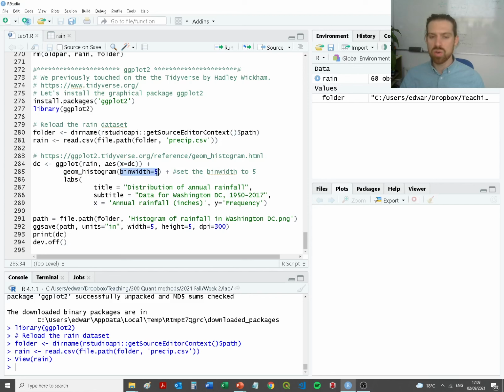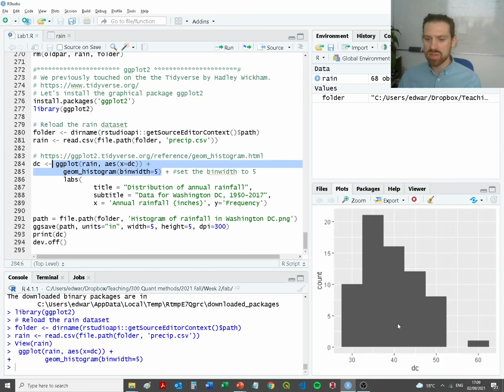Okay, so we're going to create bins every 5 units. And then what we're going to do is add some labels. So let's see if this works first. There we go. So this is a kind of ugly version of what we plotted because it doesn't have any